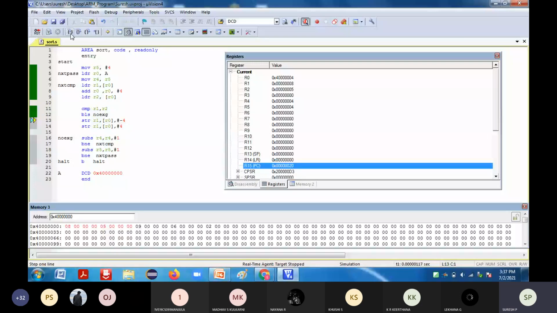Some error has occurred. I will look into that one. Some problem has occurred. Okay. So next it is going to compare with the next element.